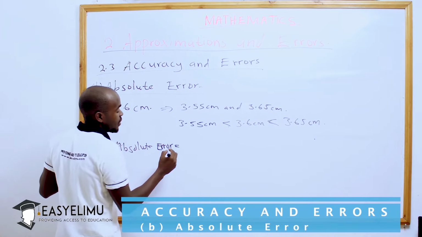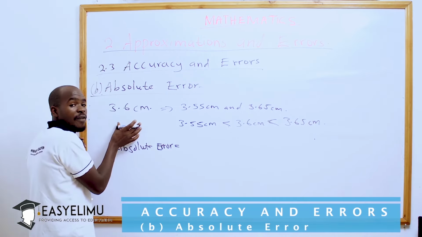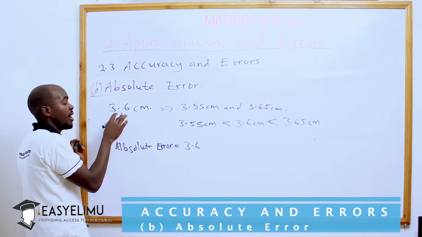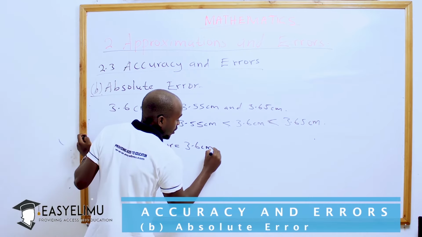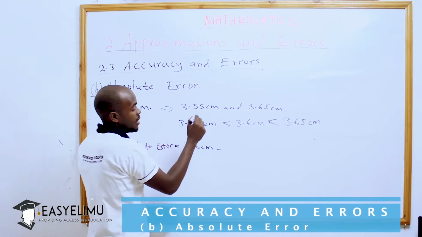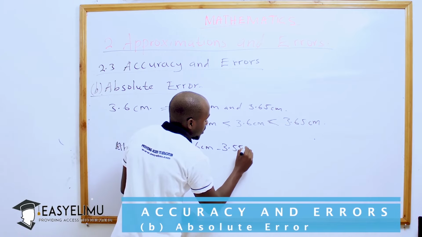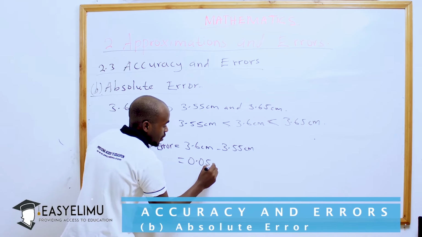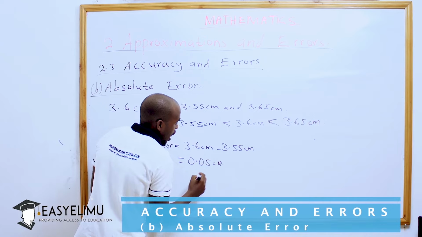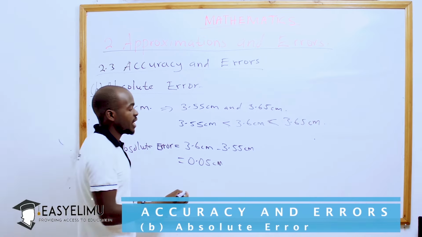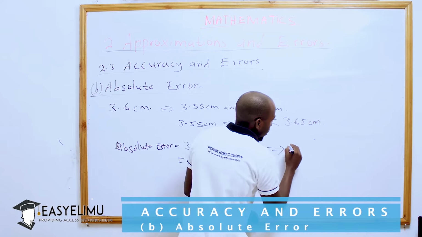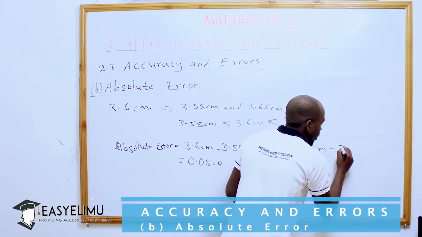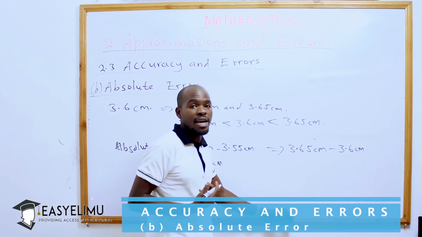we are going to get it as, you take the real measurement which we have found, or our approximate, which is 3.6, or the working measurement, that is 3.6 centimeter, we subtract the lower limit of that measurement, which is 3.55 centimeters, so we are going to get 0.05 centimeter. And at the same time, if we do take, for instance, 3.65 centimeter, which is the upper limit, and we subtract 3.6 centimeter, which we take as our reading, then